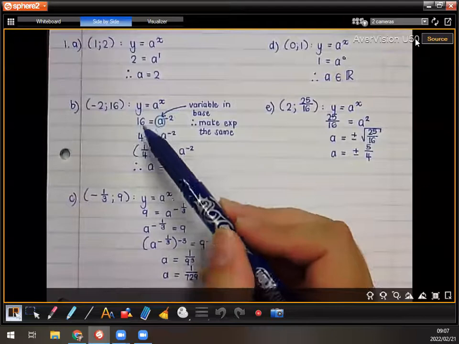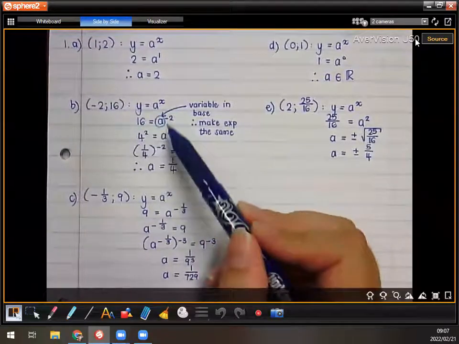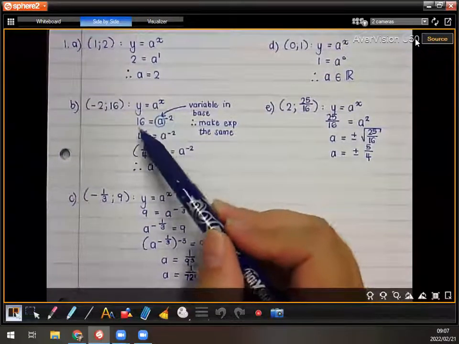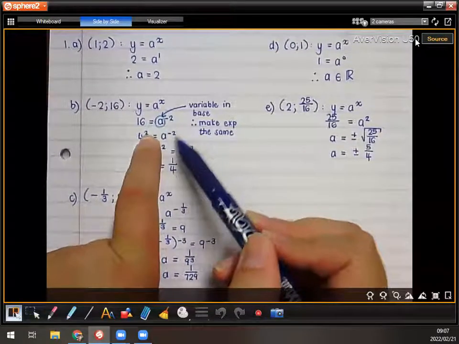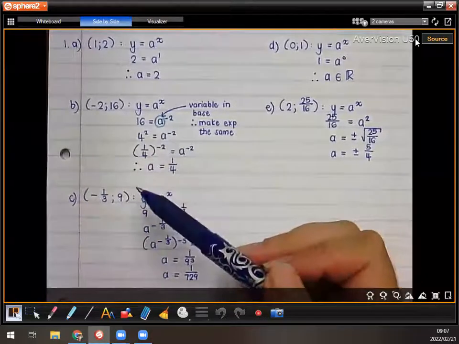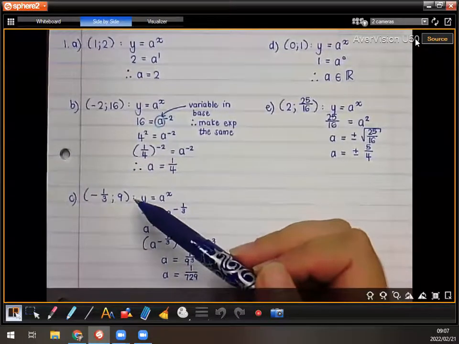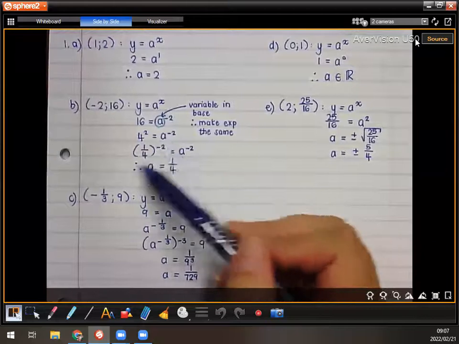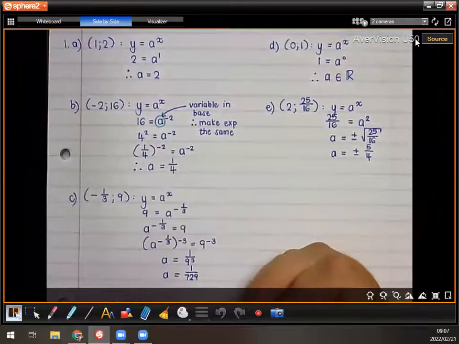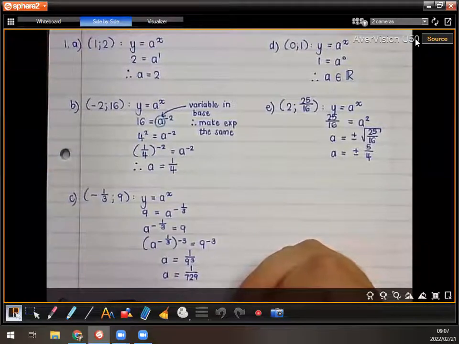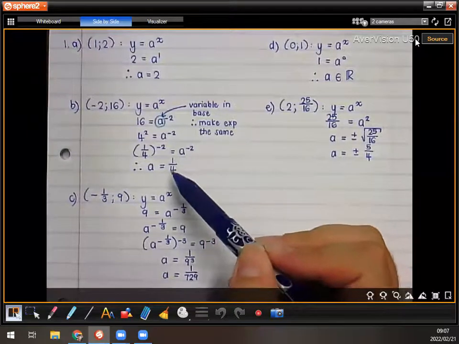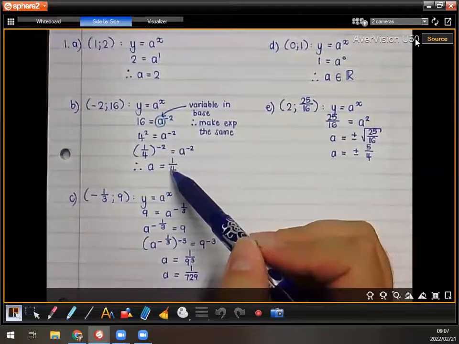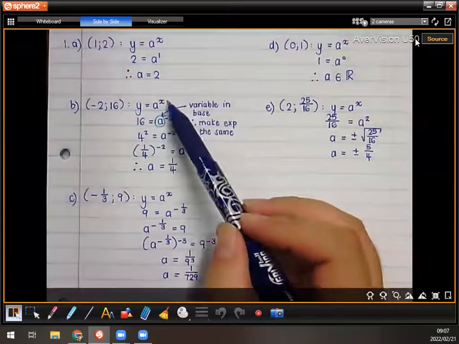What I did first was I just wrote 16 as 4 squared. Are we all comfortable with that? 16 is 4 squared. But now how do I go from an exponent of +2 to an exponent of -2? I have to swap it around. That base of 4, I need to move to the bottom. Is that good? Yeah, that is true. So let me just check here. So if you had a quarter to the power of -2,